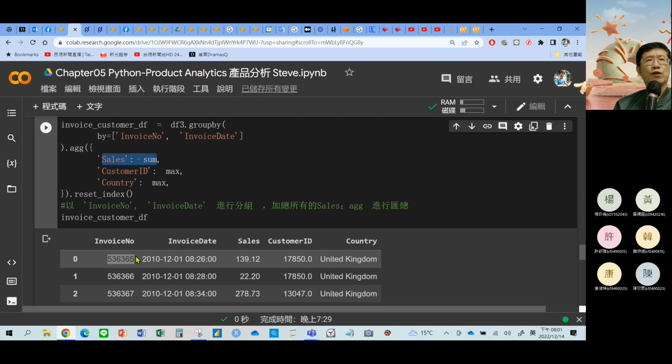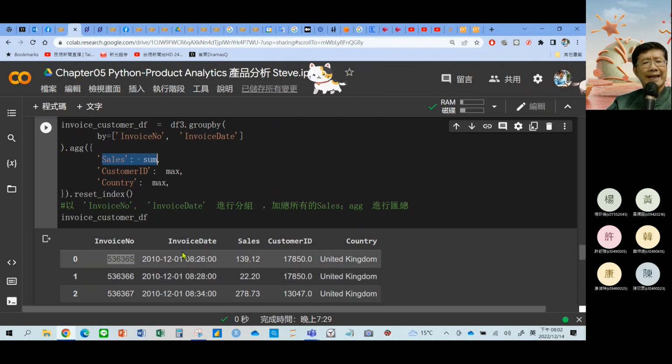As I mentioned before, each product has 1 transaction. But one invoice number may have several transactions. 就是一笔的交易订单，它可能会有好几笔的这个项目，对不对？刚才我们算过了，大概平均是26个项目。同样一笔订单，他可能买了牛奶、奶粉、面包，类似像这样子，对不对？